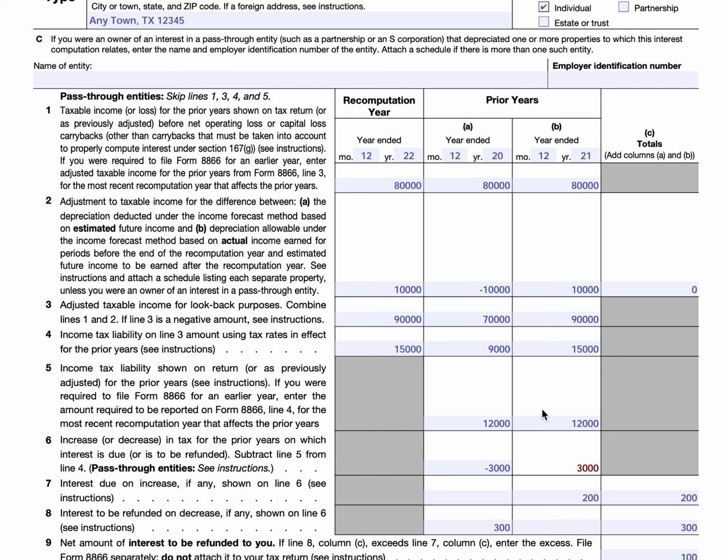So a pass-through entity which was more than 50% held by individuals or other pass-through entities in 2018 and later, that tax rate would be 37%. For all other taxpayers, like a corporation or something that was not a pass-through entity, or a pass-through entity that was not held more than 50% by individuals or other pass-through entities, that rate would be 21%, and that would be subject to the change in corporation tax